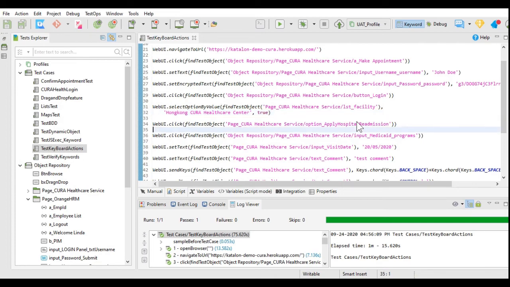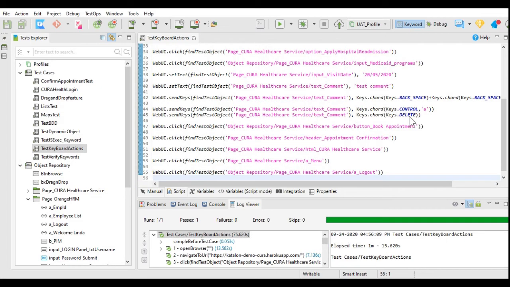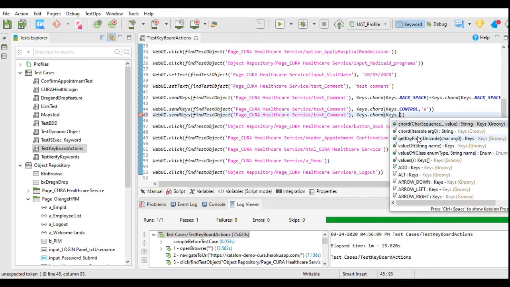So if we go here and check Keys dot, you will find many different keys that you can use, that is add, alt, all the keys from the keyboard you can use over here to perform actions on any of the objects.